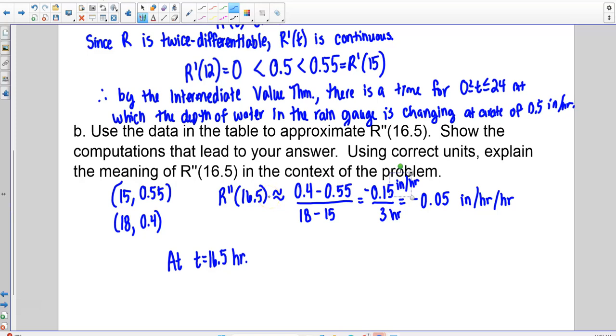We're talking about the rate of change of the depth of the water in the rain gauge. So the rate of change of the depth of the water